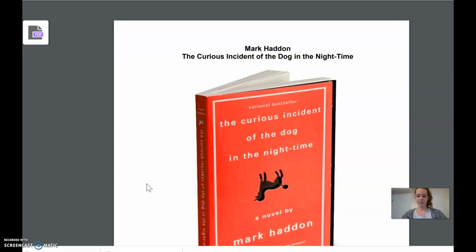So the reason I wanted to do this is 1, to get you started, 2, because I like reading with you, and 3, I wanted you to hear how Mark Haddon, the author, really wants us to read Christopher's voice. He, of course, has autism, and so in our head when we read or listen, we have to take into account that he thinks about the world a little differently, and therefore the way he would inflect certain words is going to be a little bit different. So use my model to guide your own reading when you continue.